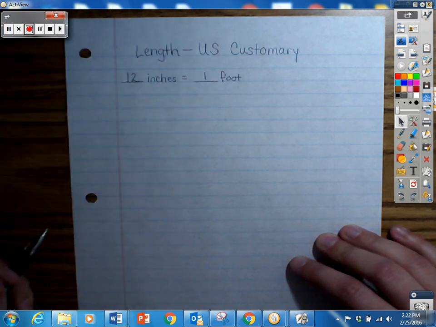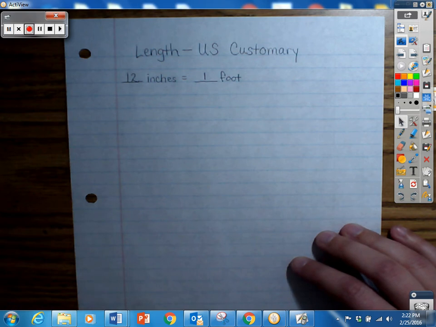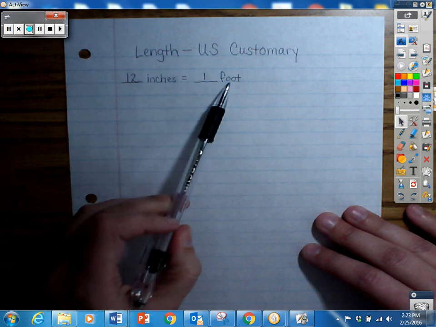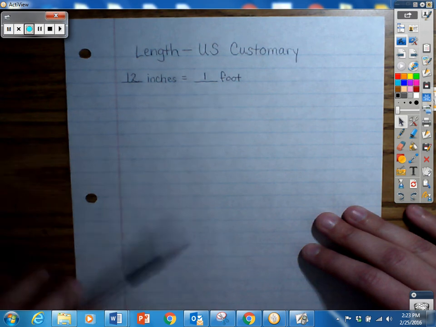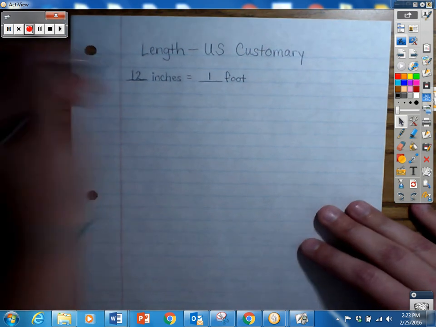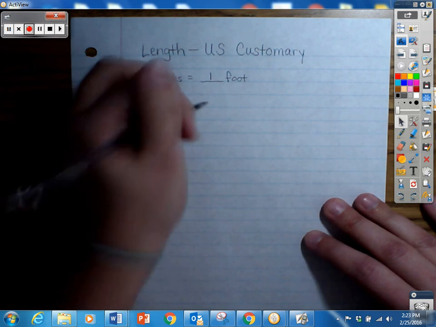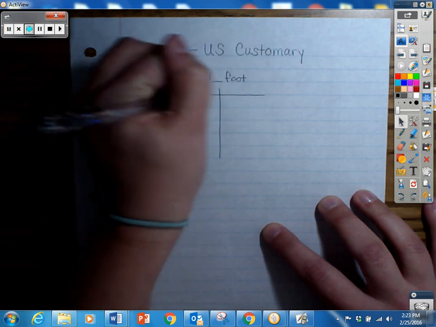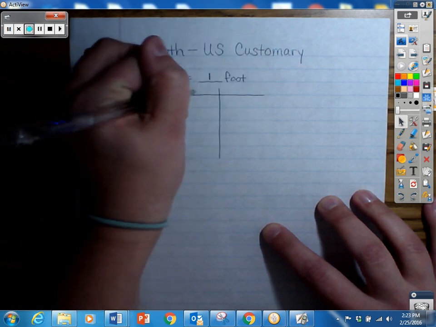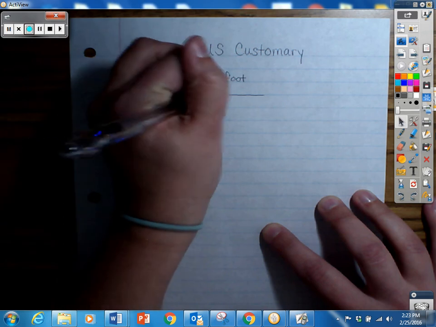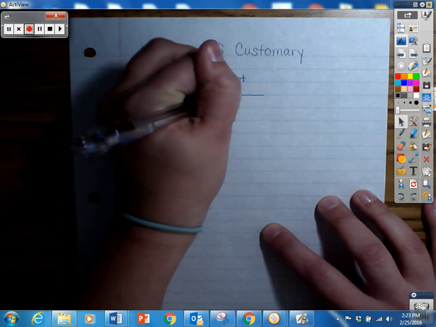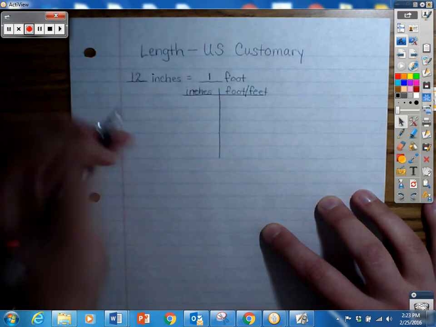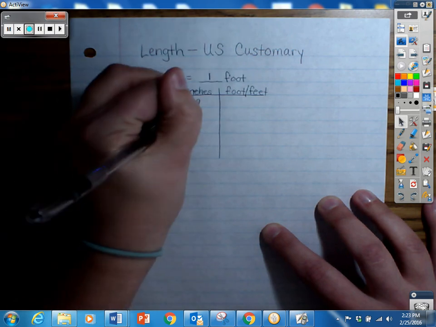And one way that we're going to learn how to model this is anytime we get a question that asks how many inches are in a foot, we're going to create a T-chart. We're going to label it with inches and foot or feet. Okay? So if we know there are 12 inches in 1 foot,